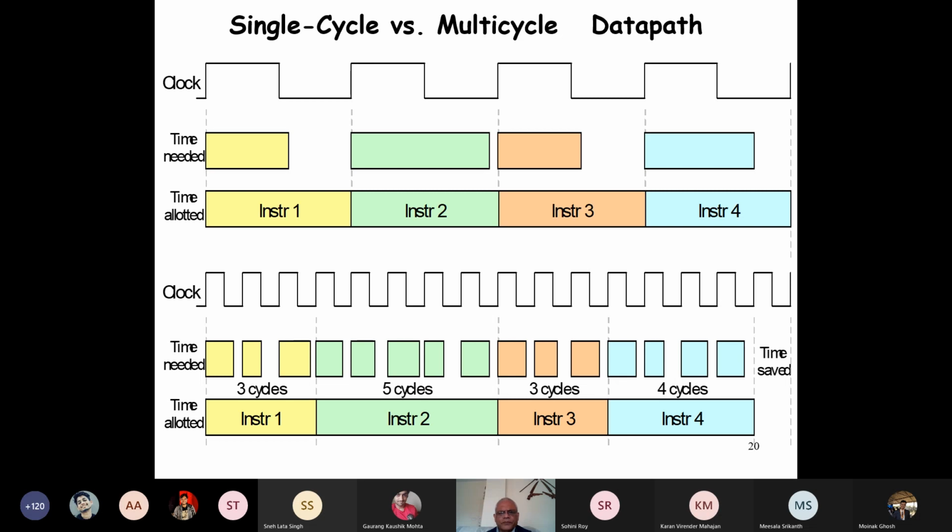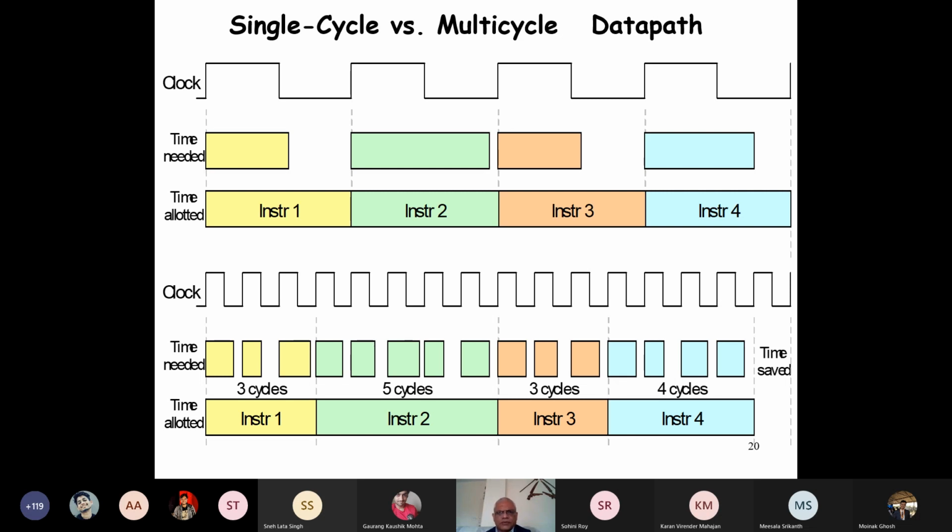Okay, if we want to compute very fast, we need to use a multi-cycle processor, because here wastage is very less. Otherwise, the instruction takes very less computation, but still we have to wait till the end of the cycle. But the implementation will be slightly more complicated in a multi-cycle processor, even though it is much faster. The hardware design is slightly more involved. We'll see that as we proceed in this course.